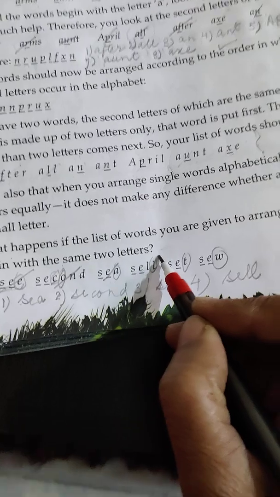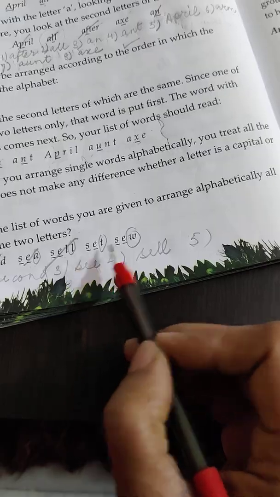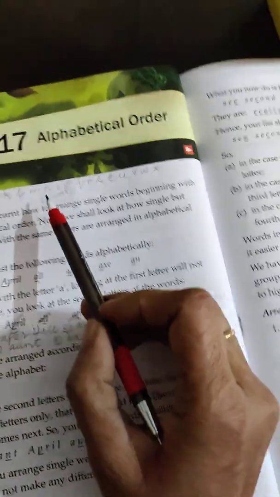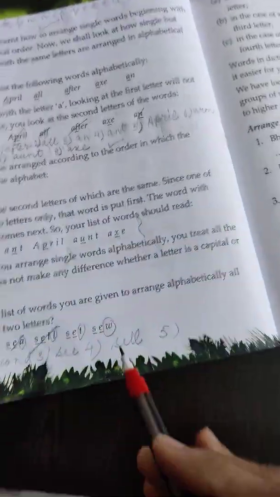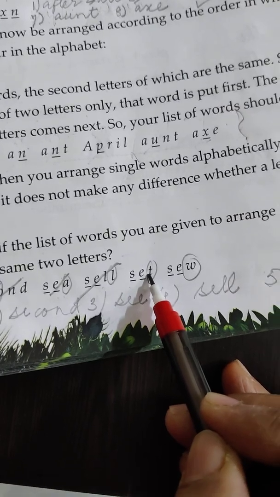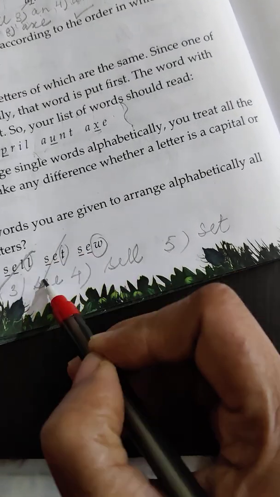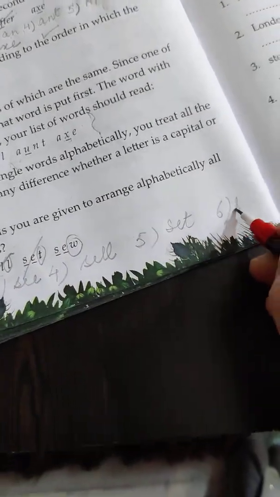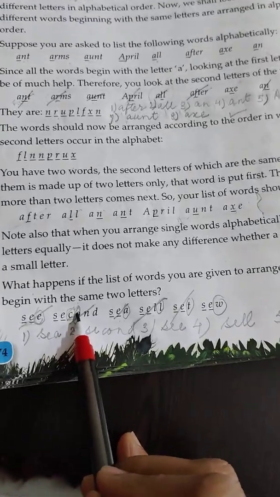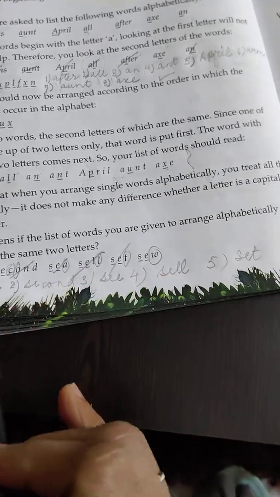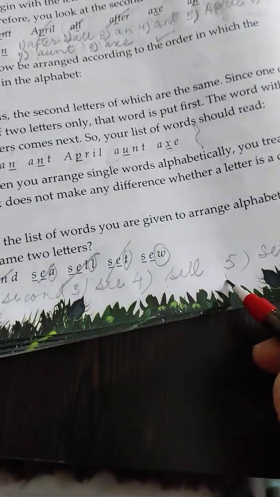Now cut this also. And fifth number, give fifth number. Now 2 are left. Now see here again after L. M, N, O, P, Q, R, S. T is here. See, set. Third letter. So we will write set here. And the last 1 is left. So 6th will be Sew. Now after writing this, you count the words 1, 2, 3, 4, 5, 6, and 6 numbers are here also. So this is your correct answer.